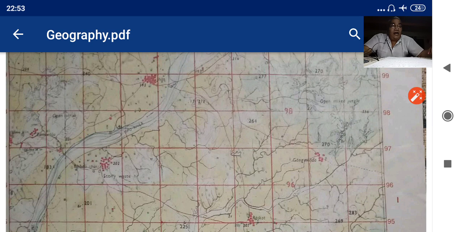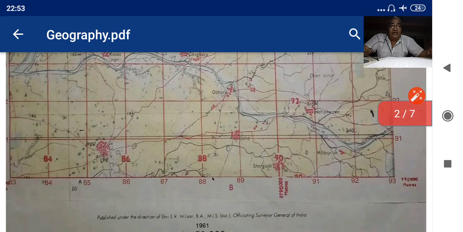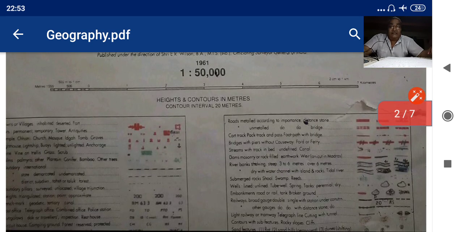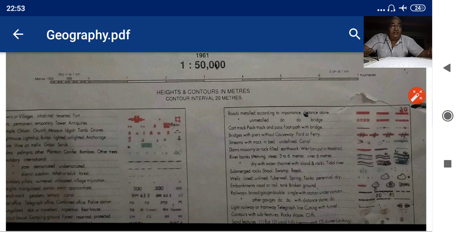These maps are prepared with certain symbols and signs, which are followed internationally. With the help of these symbols and signs, a lot of place is saved to provide a lot of information. These symbols are provided here at the bottom of the topo sheet. Study them carefully to read the topography maps. These symbols will help you to read the map easily.